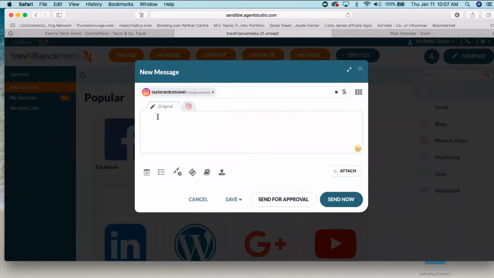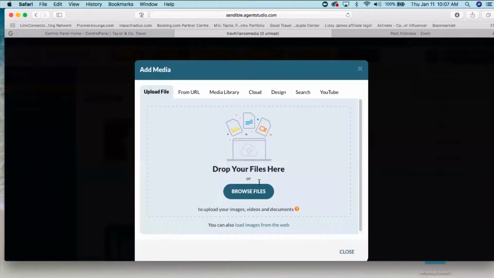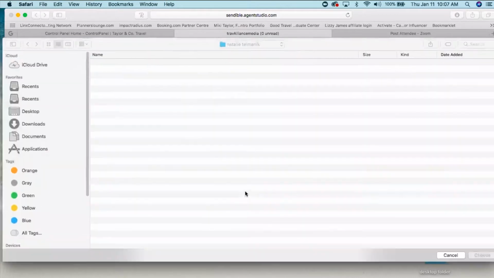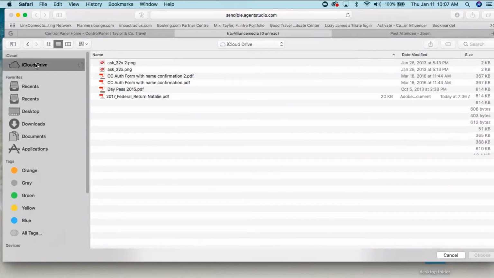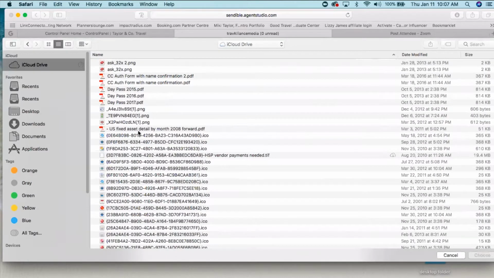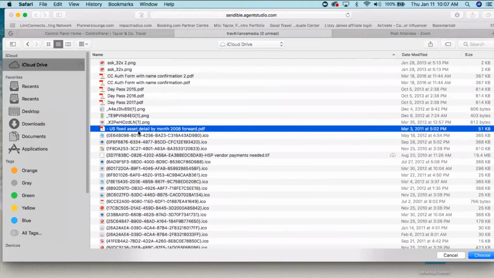Okay, so the original tab is just like before. It's where you can create your image or create your post, what you want. I'm going to attach, I'm going to go out here and grab an image. Let's go to iCloud and images.